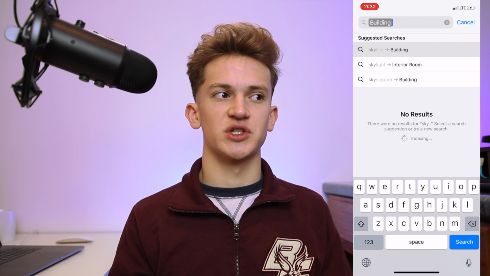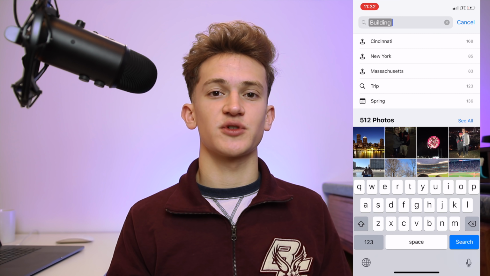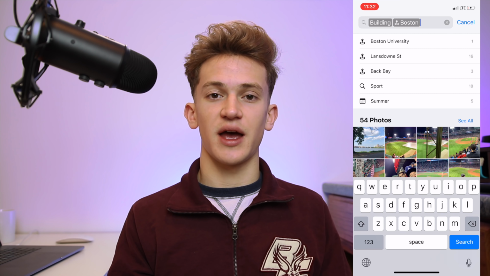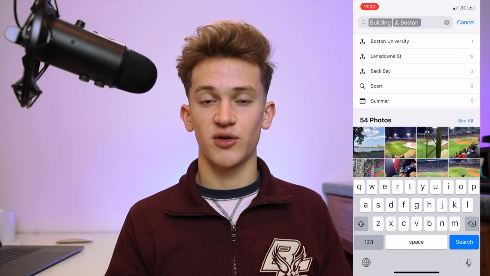If you're in the Photos application, of course, you can search for keywords. You can search for colors or places or times or things like that. But if you just repeat that process and go back in and type something else in, you can have multiple keywords that you're looking for. So if you're looking for a picture with something green in a particular city, you can do both of those keywords and it will help you get those quickly.